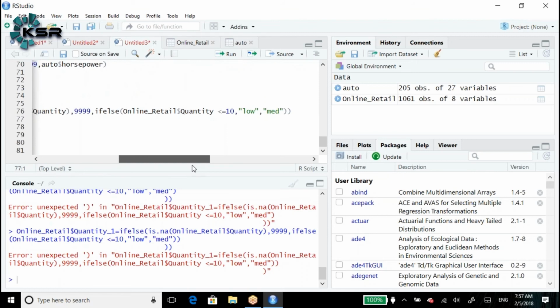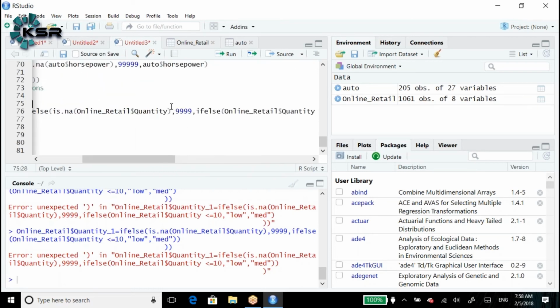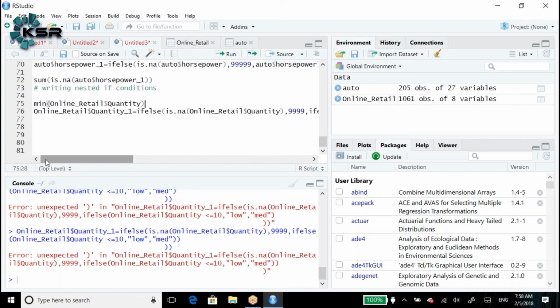There is the unexpected symbol. Can anyone see the syntax and get what the error is? Think about it. Error, unexpected symbol in online retail.